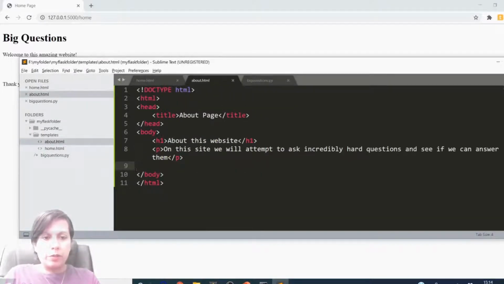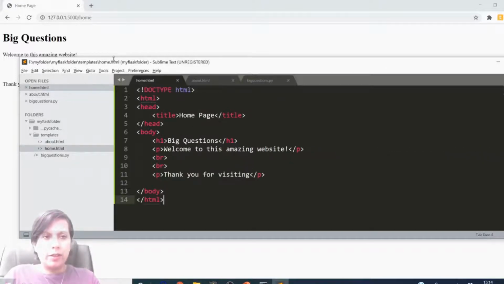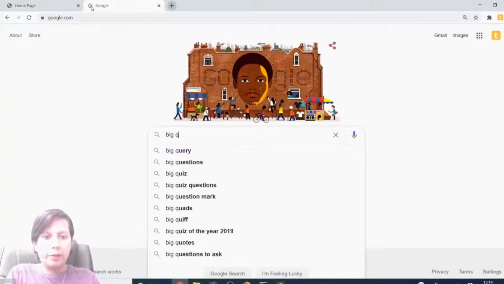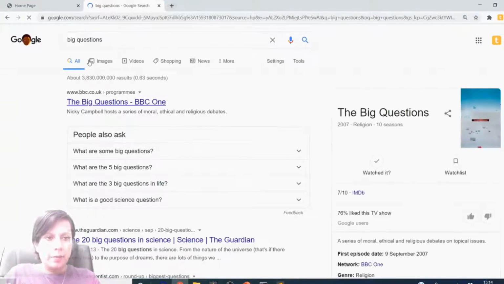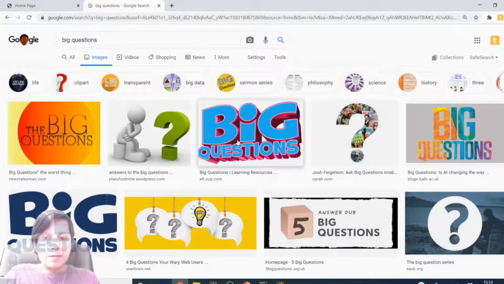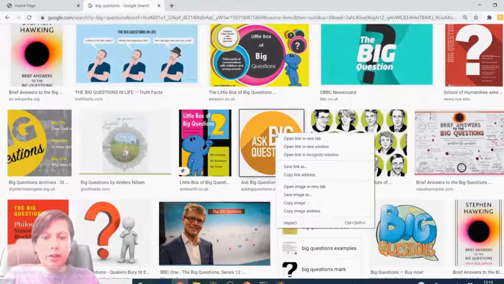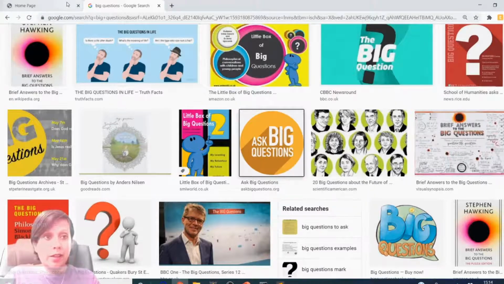One thing we could do is, for instance, we could get a picture and add it to the home page. Let's have a look at how that could be done. Just for educational purposes, if I wrote big questions, for instance, images, we could get any of these pictures. I think the one I did get was that one. Now, this is not the best way to do it. The best way to do it is actually to save the image in a folder and then refer to that folder's path. But just for ease and simplicity for now, I'm just going to copy image address,